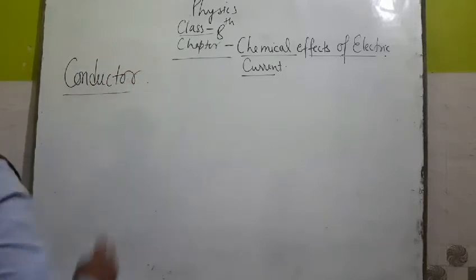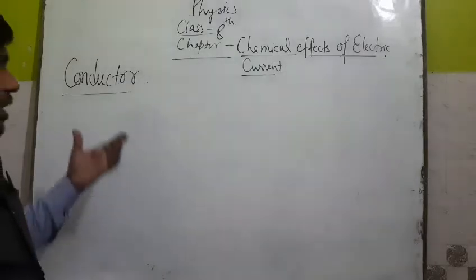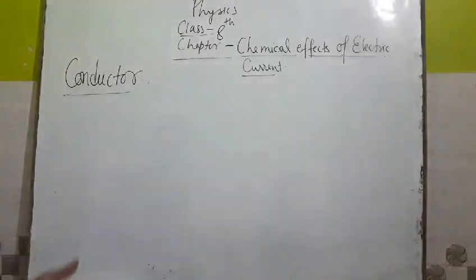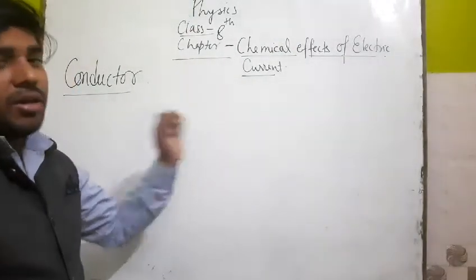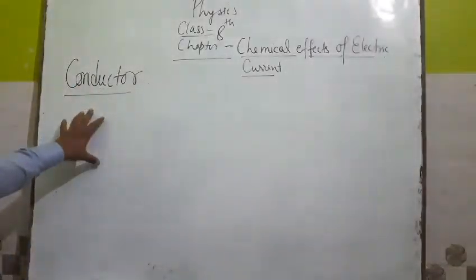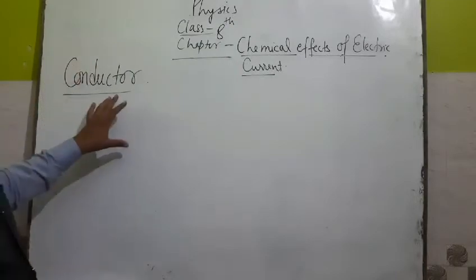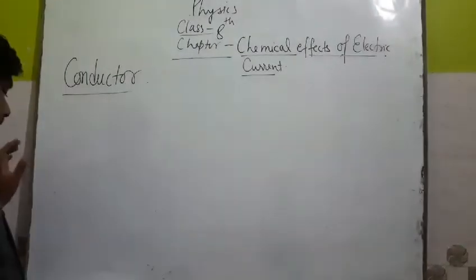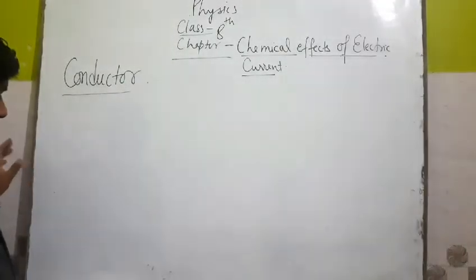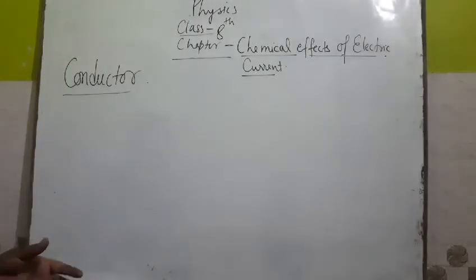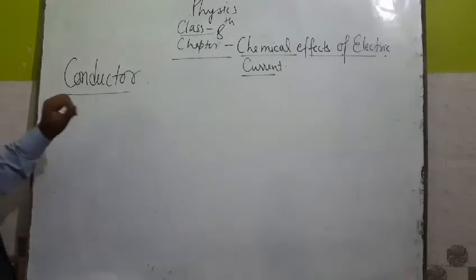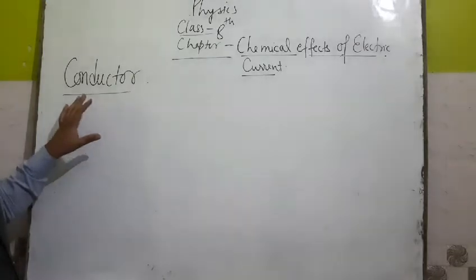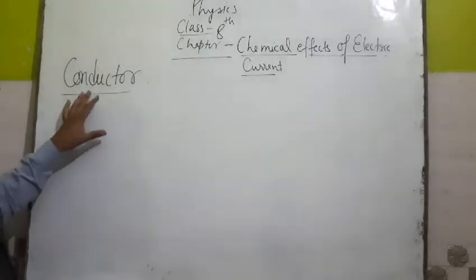Conductor. What is a conductor? Simply, a conductor means the material which conducts heat or electricity. But in this chapter, we will study electric current. So we can say that the substance which conducts electricity is known as a conductor. Clear? A material which allows electricity to flow through it is called a conductor. Simply, the material which allows electric current to flow through it is known